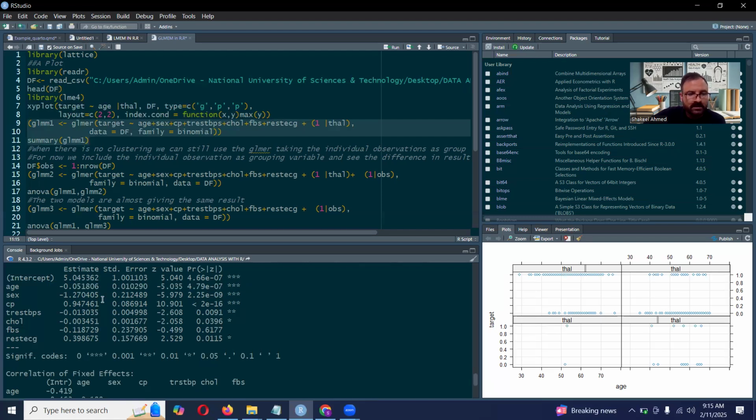And sex is also negative, and it means we have higher heart disease in males as compared to females, and this is CP. This is positive, and this is also negative. So most of the variables are significant when we run a mixed effect model, taking the thallium level as